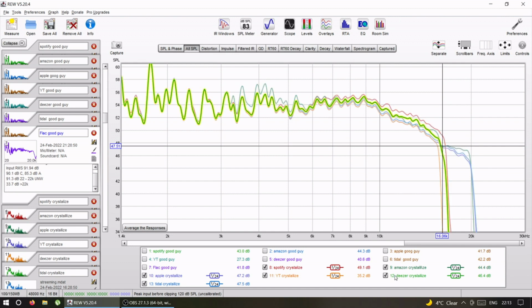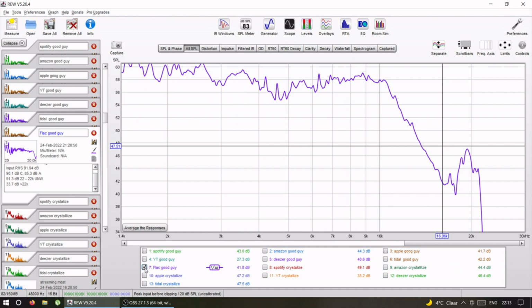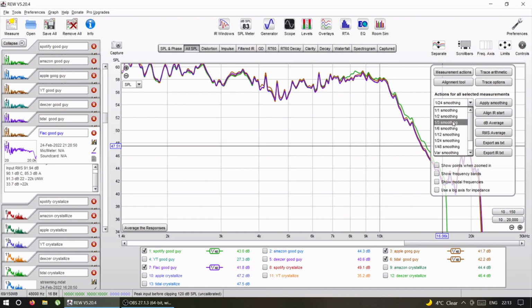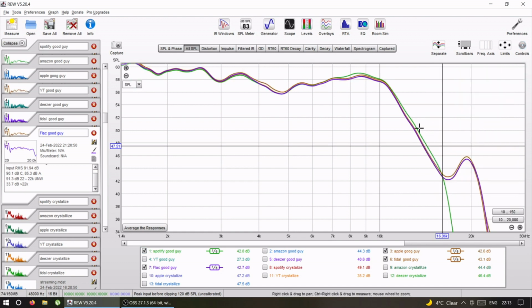So the other one, Deezer, ended up number two on the top because the rest, if I take for example the Eminem song, because I wanted to compare it to the FLAC that I have, yeah. So if I take FLAC, if I take Tidal and Apple, they're identical. If I take Spotify, it has a bit more level. If I'm gonna apply the smoothing, 1/6. So these three, see, they're identical with the FLAC that's coming out of the phone, and Spotify has a tiny